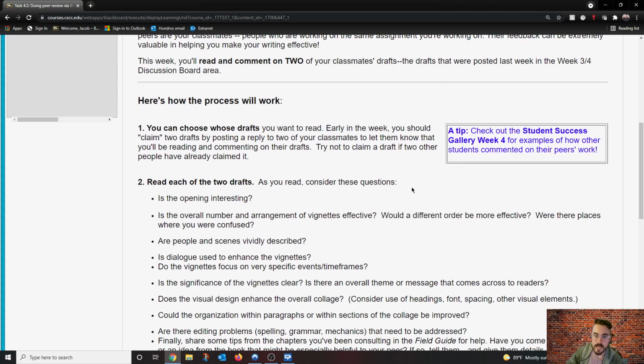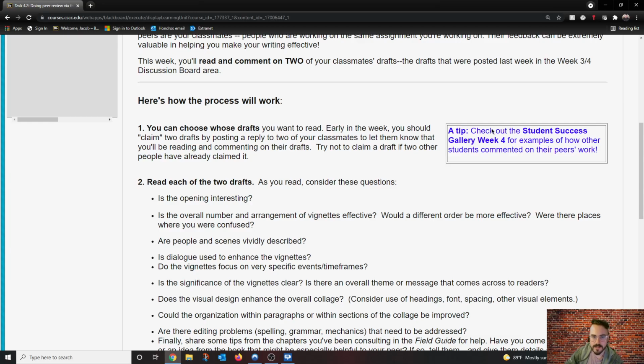This is not a flawless system, but we want to do what we can to ensure that everyone is receiving at least some feedback. It really kind of stinks to get to the end of this peer review process and realize that no one has read and commented on your work. So to help avoid putting people in that position, try as much as you can to claim people who haven't had their drafts claimed yet.